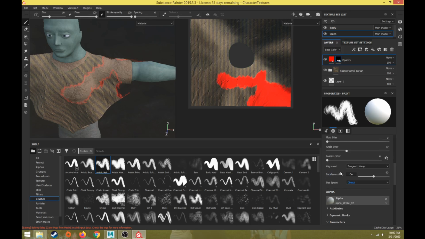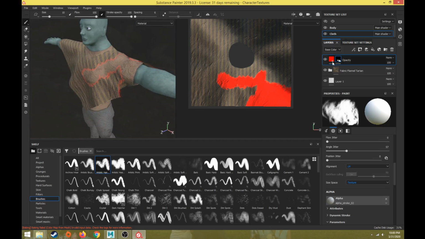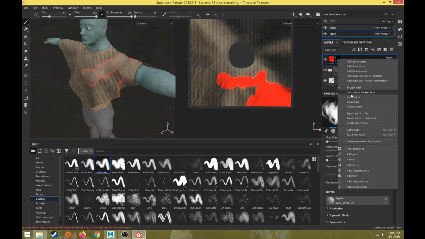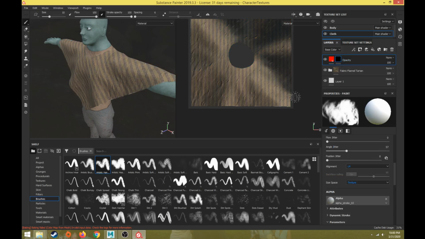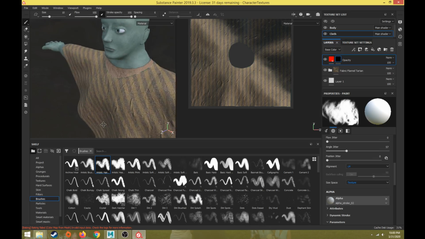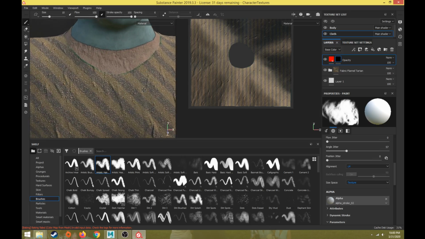Let's make sure we're at UV and texture blend it all off on those corners. There you go. All right, so basically with the black mask, you're painting on the transparent areas and keeping the other areas opaque. So that's one way we can do this. Instead, let's just remove this mask. I'm going to do it that way, but I just want to make sure with the black mask that I'm only cutting off the areas that I don't want to keep here. I'm going to create some more